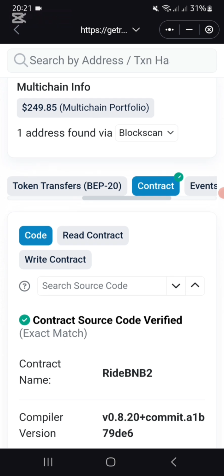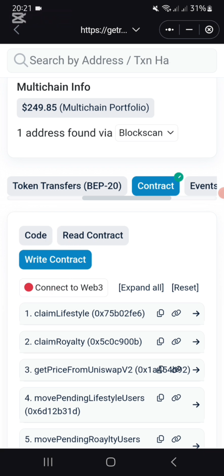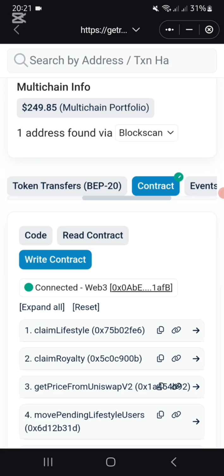Now, if you wanted to register somebody or upgrade them, but remember your wallet is open, it will take the funds out of your own wallet. You can go and write, but when you go into write, you have to connect to the wallet. So you will press on connect, you will say okay, and you will go through MetaMask. And you'll see now it changed to a green okay sign. So now you're connected and you can go and register people if you wanted to. But I'm just going to show you how to go and check the information of people in your team.